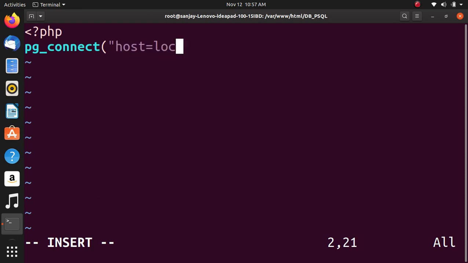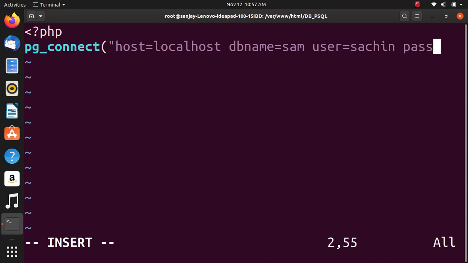Host is equal to localhost, because I am not attached to any network. DB name is equal to Sam, user is equal to Sachin, password is equal to Sachin123 or die